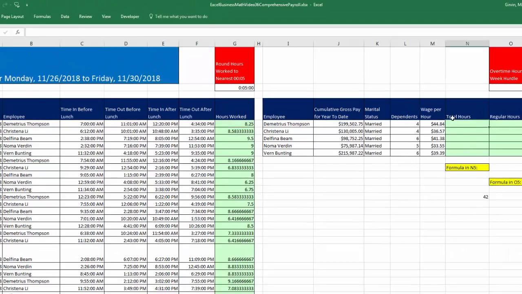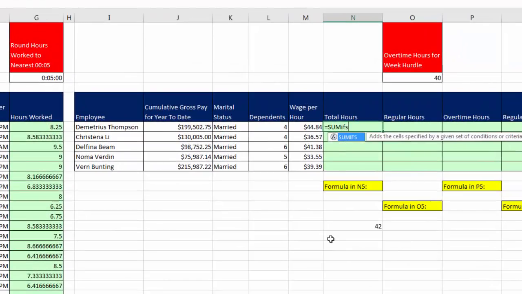Now, what I'd like to do for total hours is use Alt equals, that's the sum function, and then highlight the entire column. But somehow I want the sum function to pick out just the right numbers for Demetrius. Now notice the formula is going to be copied down, and the formula actually has the opportunity to look at the condition or criteria for adding Demetrius, Christina, Delphina, and so on. Well, we can't use the sum function because the sum function just adds everything it sees, every single number. But luckily, there's a function called